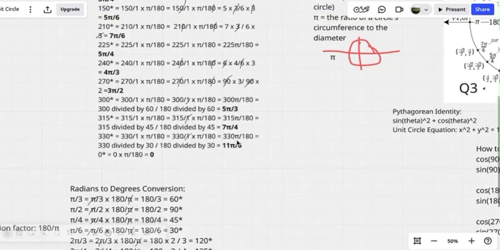330 degrees is equivalent to 11 pi over 6, so do the same thing, cross cancel. 330 pi over 180 is equal to 330 divided by 30, divided by 180 divided by 30. You're dividing by 30 on this side again, and then 11 pi over 6. And then 0 degrees is equivalent to 0